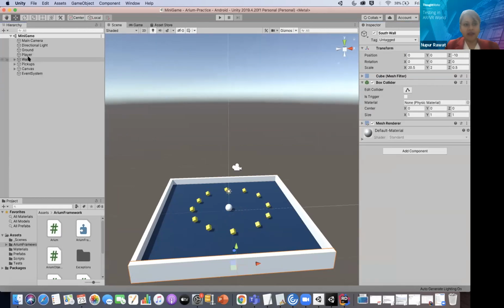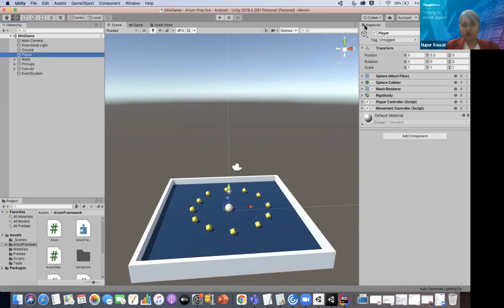Now the next thing that you should understand in Unity: when I click on the player object, I see an inspector here. Don't get confused by what you are seeing on the screen, but take it like a UI component. Like on a UI, when you press F12 and click on some component, you see the properties of that component. It's the same as that. So I click on the player, and the inspector opens and I can see the properties for the player object.